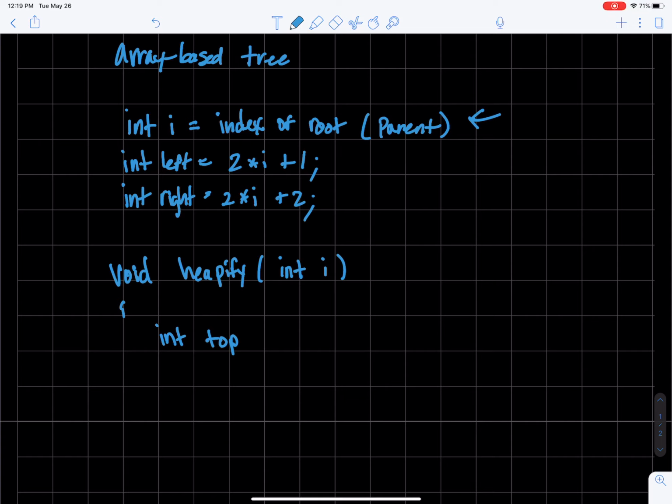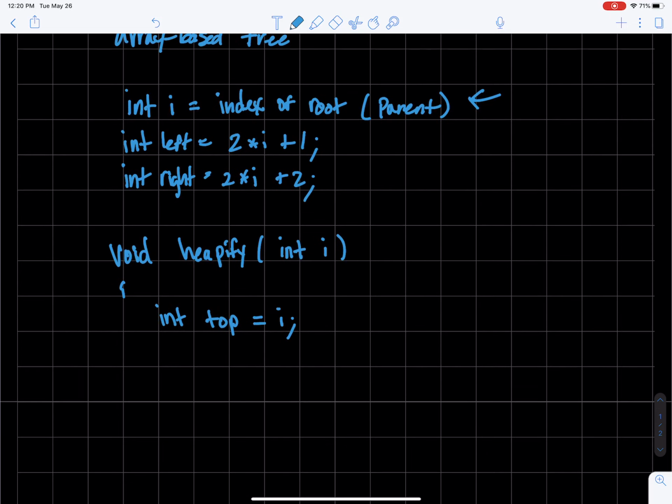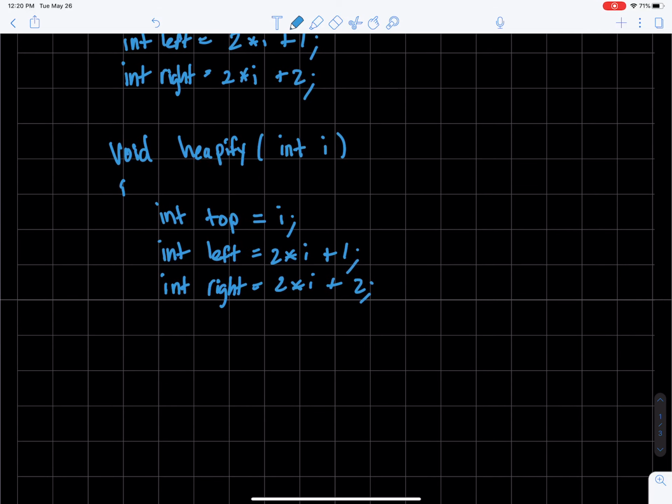Right, so that means that's the top of the tree. That's the highest. So we're gonna say that's equal to i. All right, and then we're gonna say int left is equal to 2i plus 1, and int right is equal to 2i plus 2. All right, and so now we want to see is the left child larger than the root, right, which is